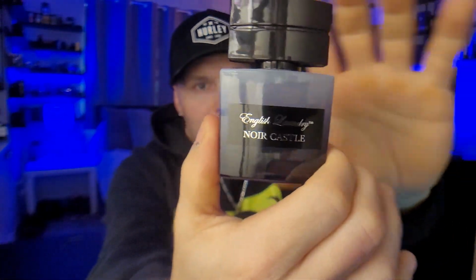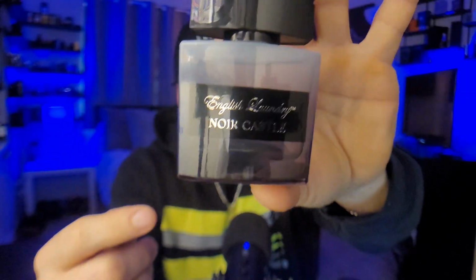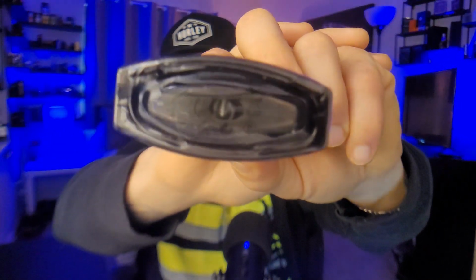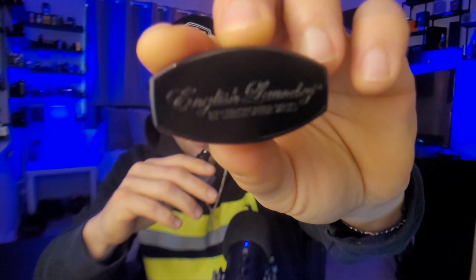We got a white to black gradient bottle, like a frosted white to black gradient. You do have this little plaque with the silver English Laundry Noir Castle writing. Nothing on the side, nothing on the back, nothing on the other side, and you do have a sticker. It is an EDP concentration. Cap itself is all shiny black. You do have the English Laundry by Christopher Wicks on there. And you get a nice little groove in this little collar, all black, nothing on it,